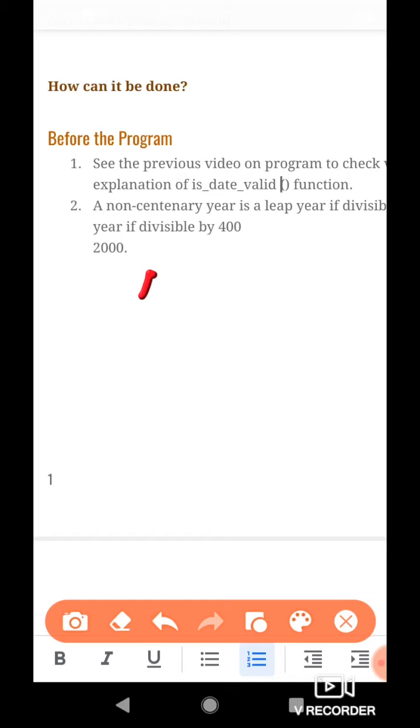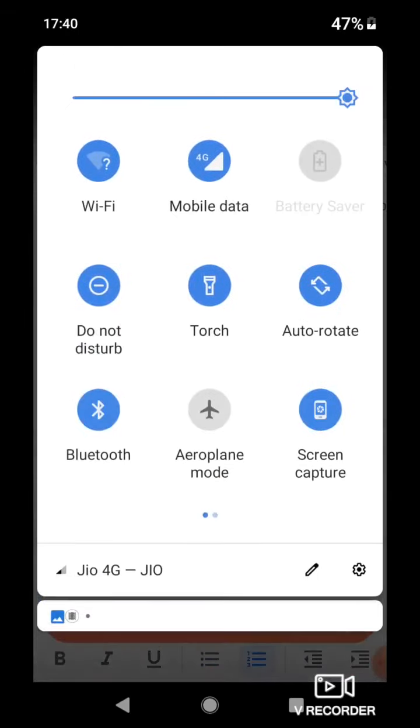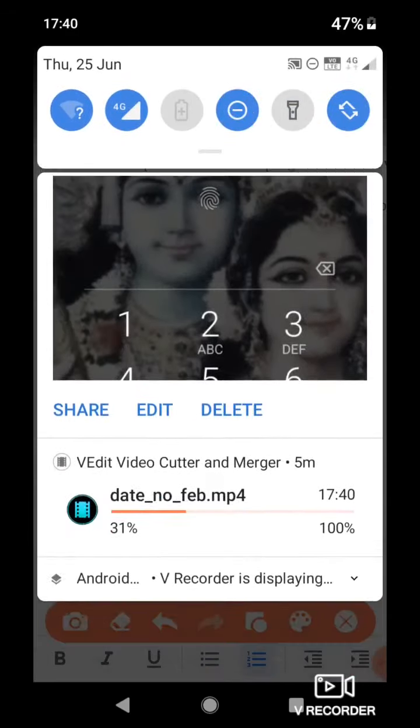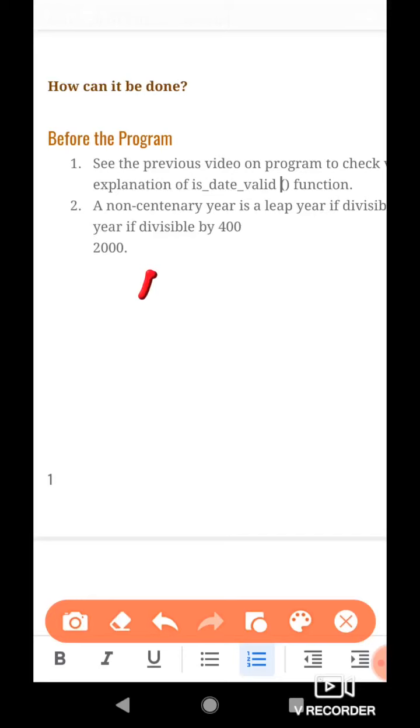But if the year happens to be a centenary year like 1700, 1800, 1900, 2000, then we have to divide by 400 instead of 4.